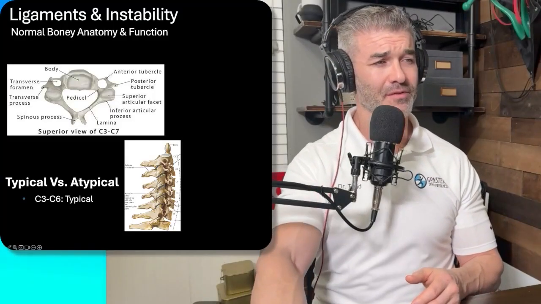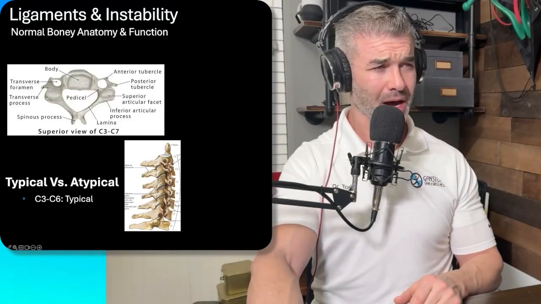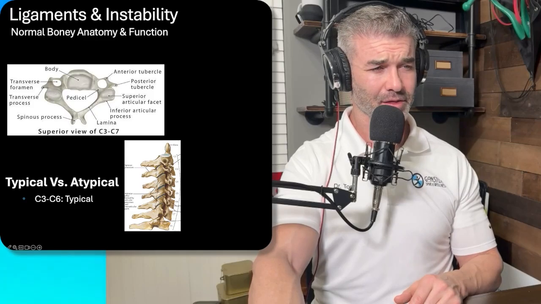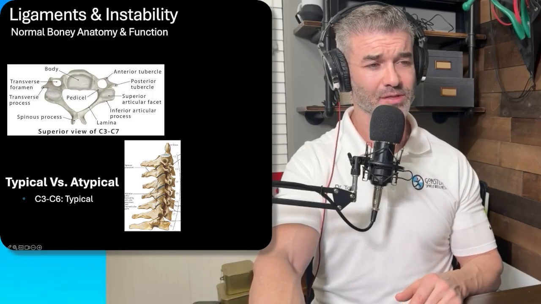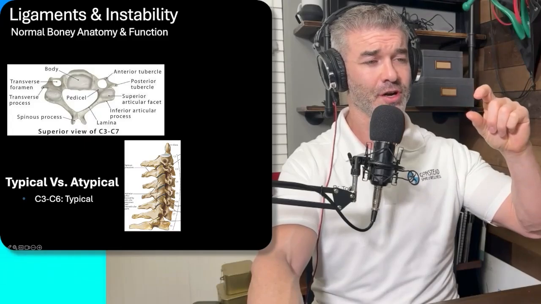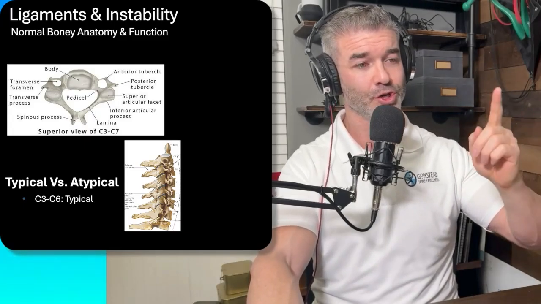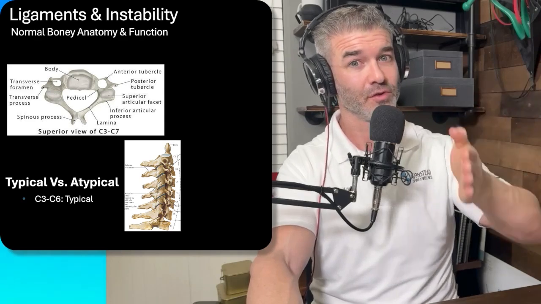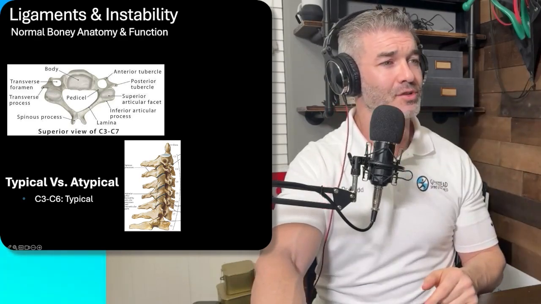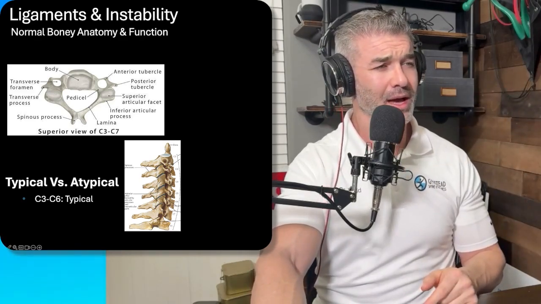This is a bird's eye view, and if you look at this, we see the body of the vertebra. That's this part over there where there's a disc in between those bodies, an intervertebral disc, which is a cartilaginous structure. It's a spacer. There's some shock absorption qualities to it, but really the true shock absorber of the spine is the cervical curve, not the disc. We'll get into that. So you have the body of the vertebra, and then you have these little arches back here,